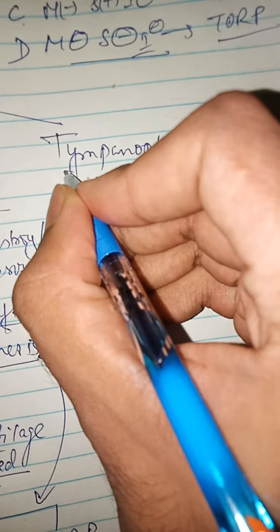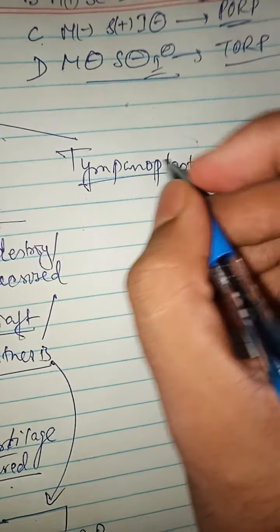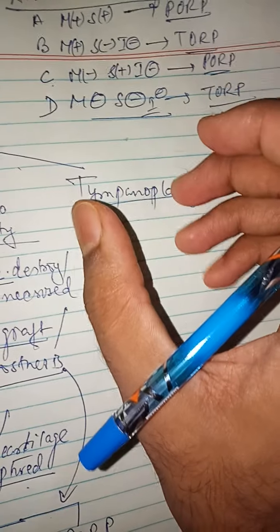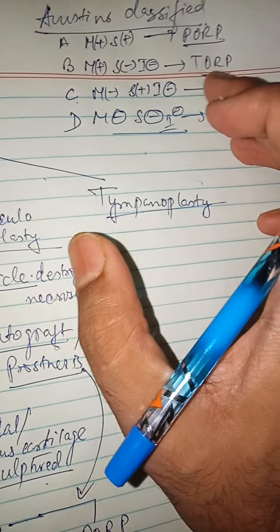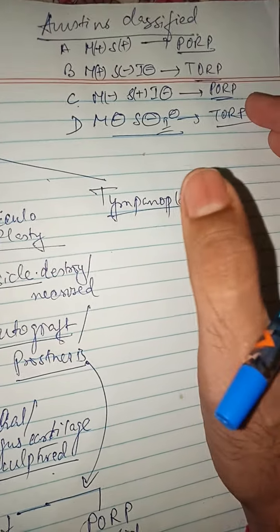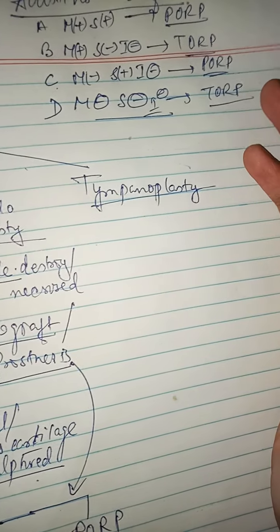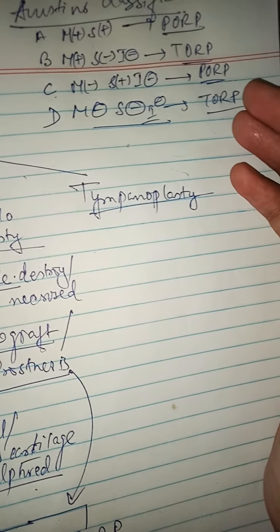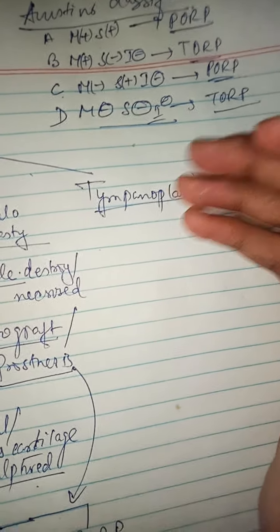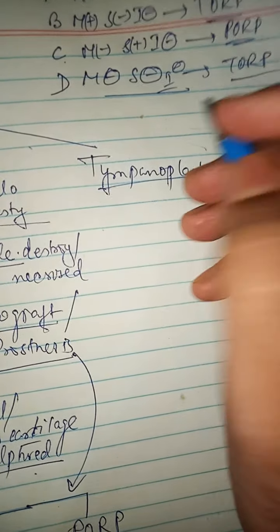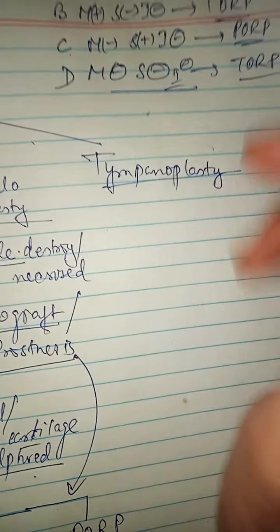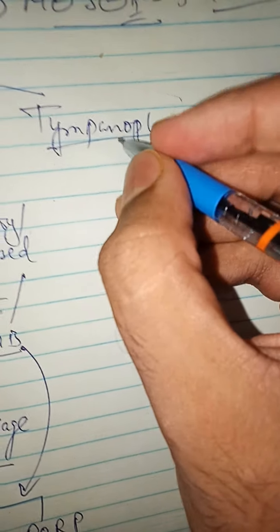So now coming to tympanoplasty. Tympanoplasty means a surgical repair where we have to do myringoplasty, that means we have to repair the tympanic membrane. We can use ossiculoplasty together. If there is bone erosion, we have to reconstruct that bone also. So this is tympanoplasty. Now Wullstein